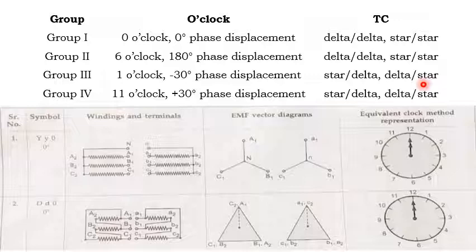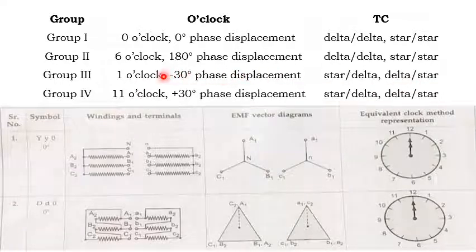Secondary side, that is LV side. Capital we can represent in terms of what? The HV side, or primary side. So since here it is capital Y, small d, capital D, small y. What is 1 o'clock? That is capital Y, small d, 1 you can represent, or capital D, small y, 1 you can represent.